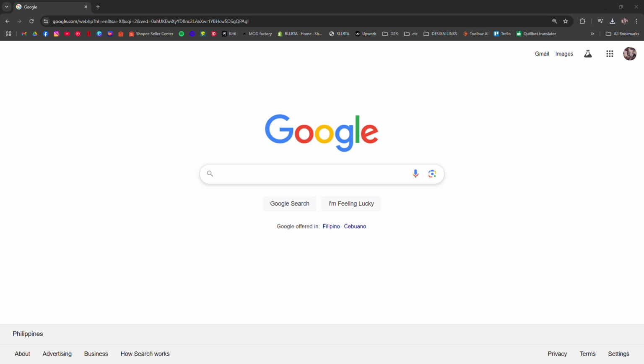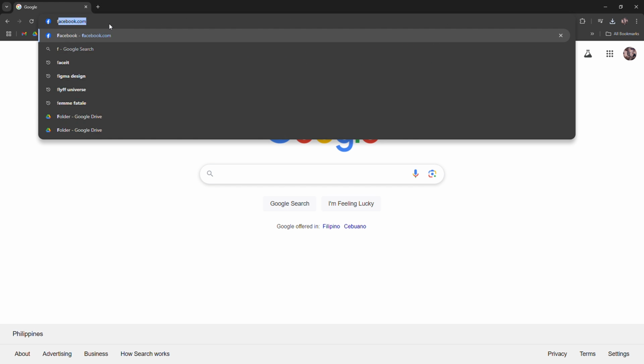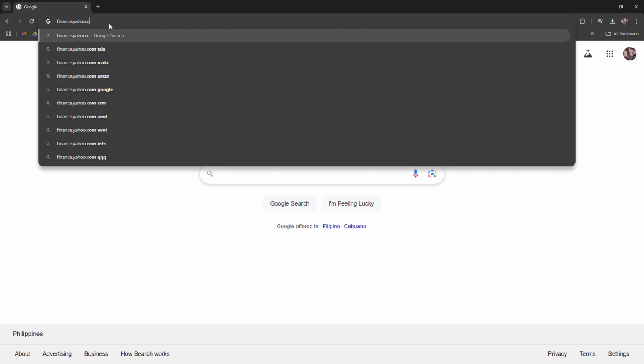How to download historical data from Yahoo Finance. I'm going to tell you how to download historical data from Yahoo Finance. First, open Yahoo Finance. Start by going to the Yahoo Finance website or